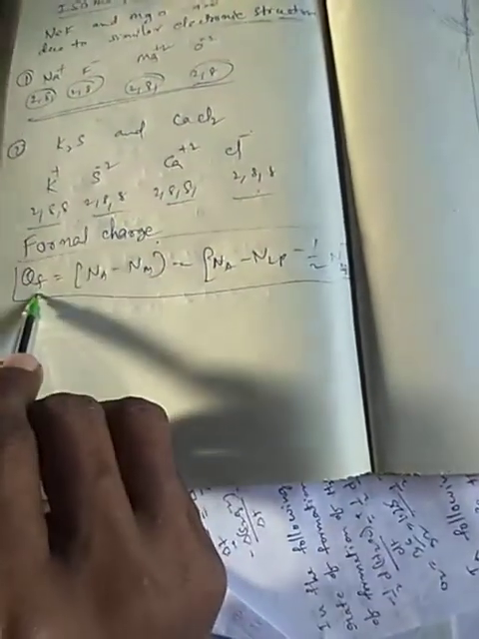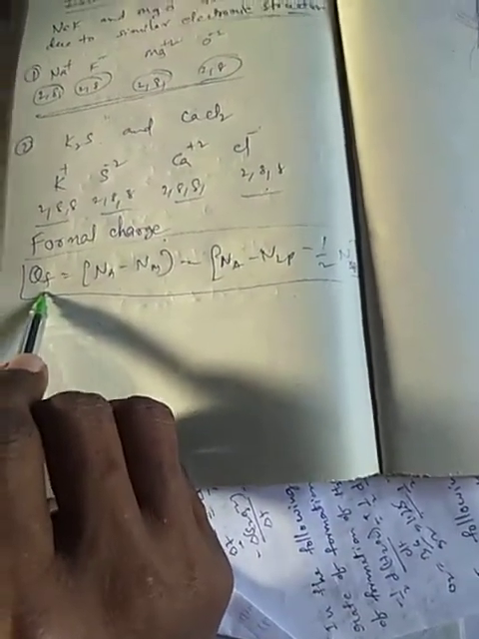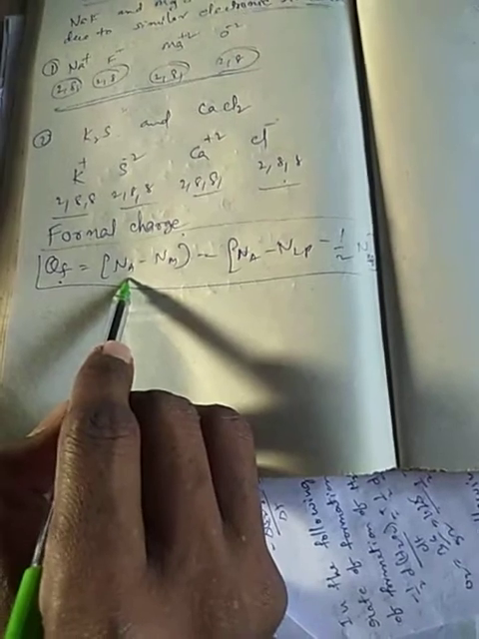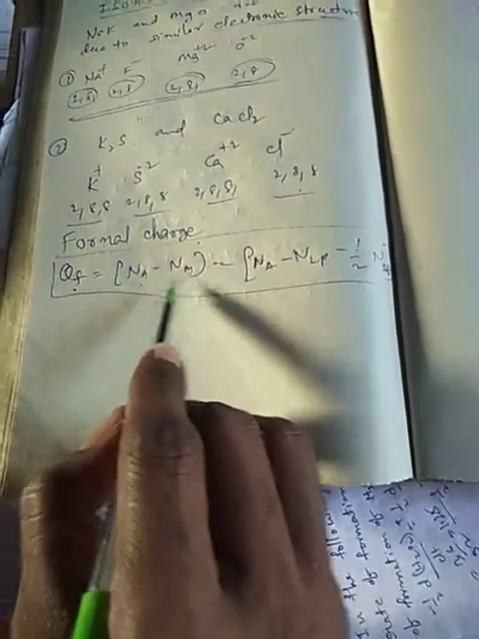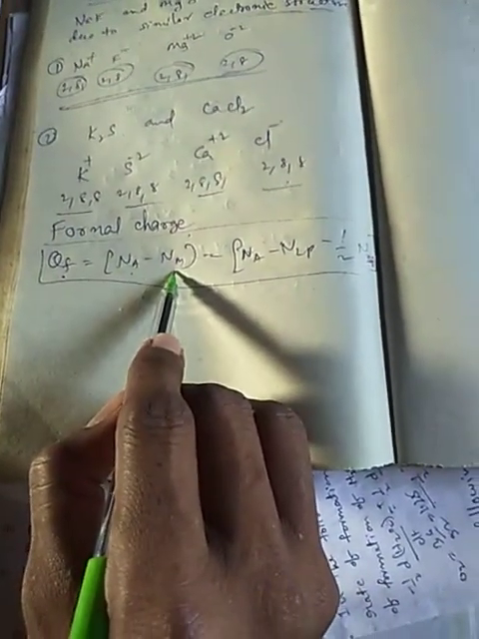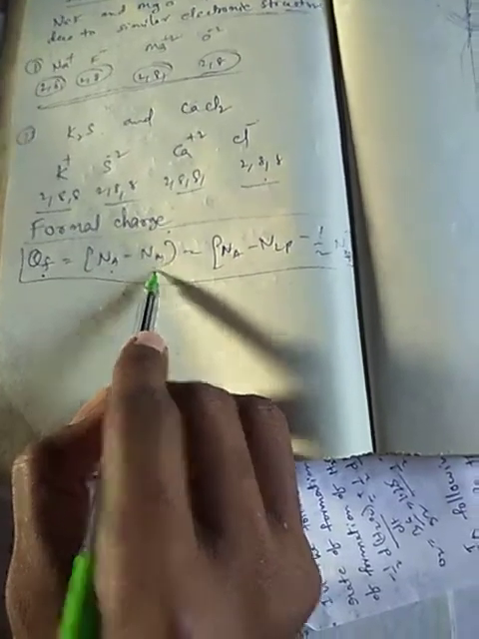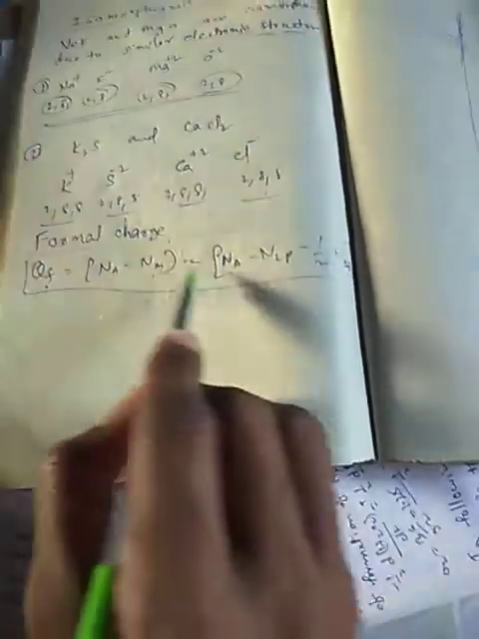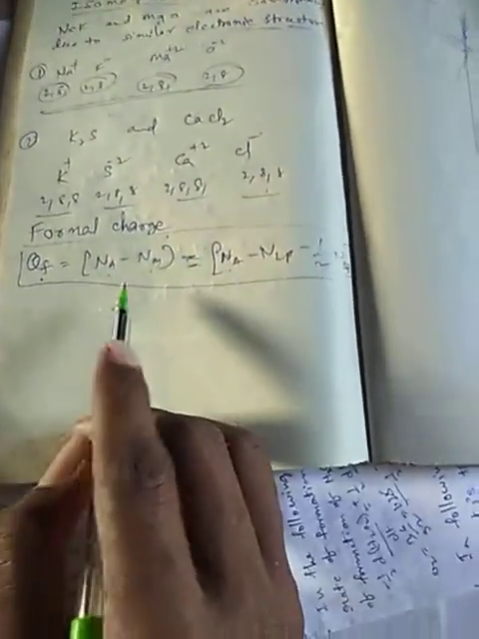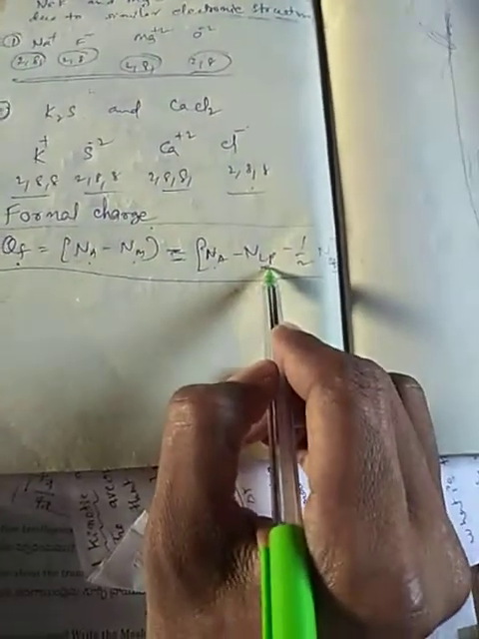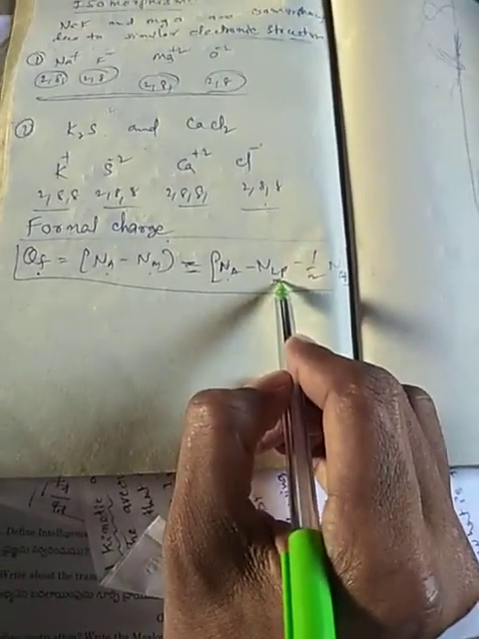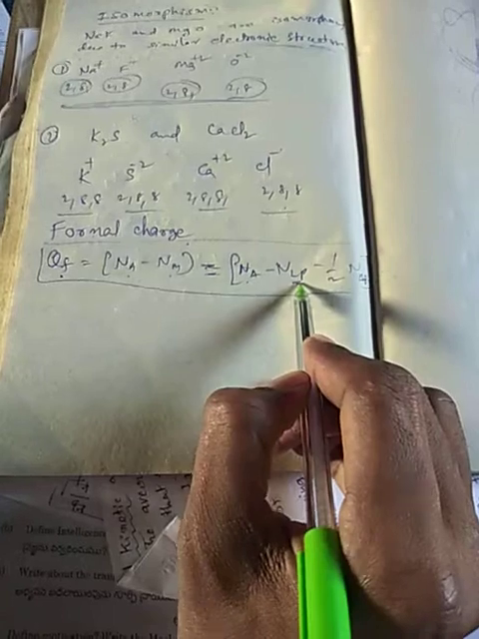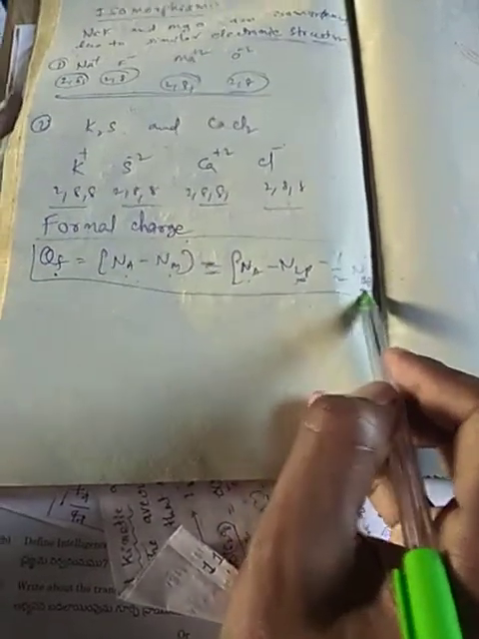Now this QF is nothing but the formal charge. Na is the number of electrons in the valence shell of the free atom. NLP is the number of unshared electrons, or lone pair electrons, and NBP is the number of bond pair electrons. This is for using